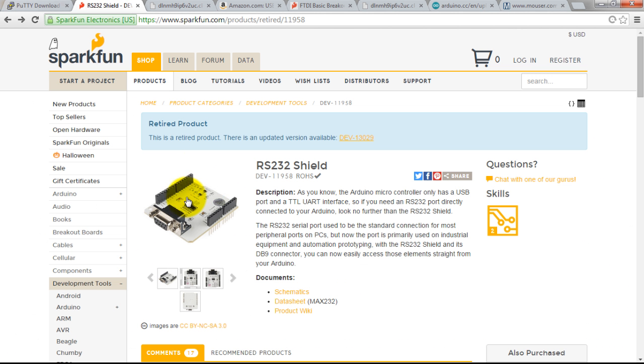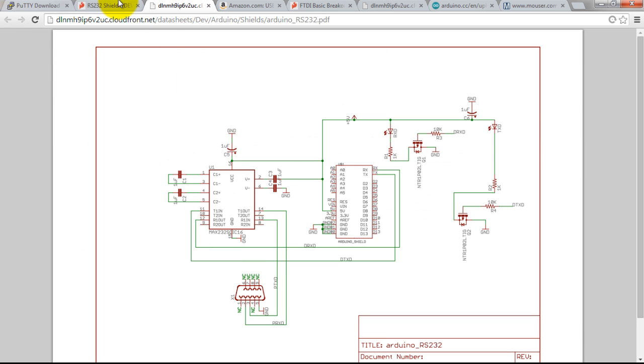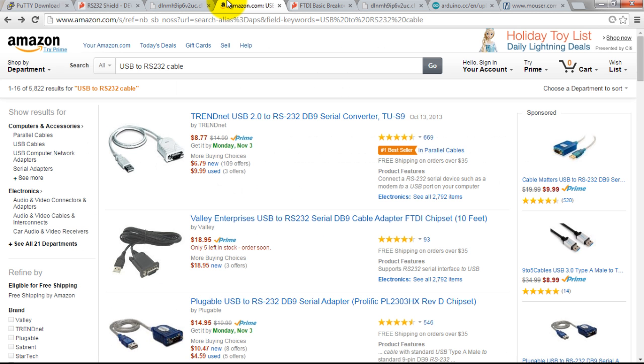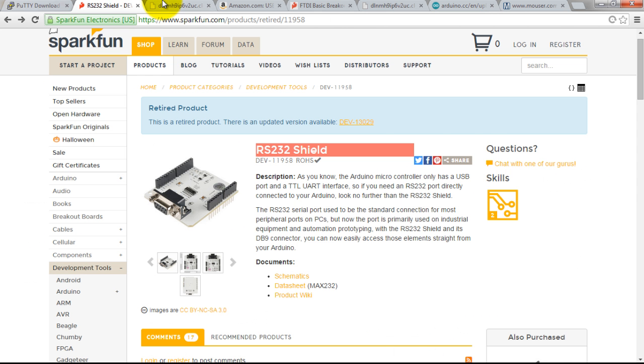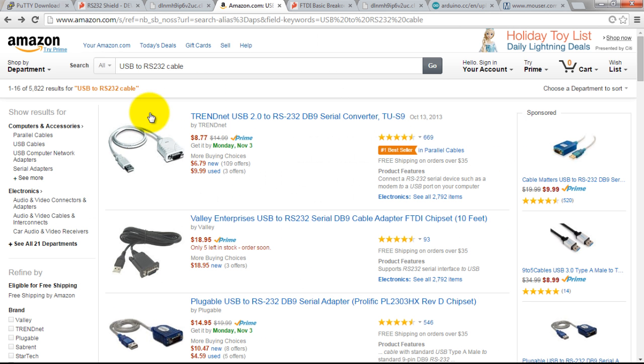You could, for example, build an RS-232 shield like the one that the Arduino has. The problem with this type of shield or circuit is that notice that this port is a serial port and your computer may not have that type of port, so you would need some type of converter like the RS-232 to USB converter. So if you use this type of circuit, you're gonna need this type of cable, but there's actually a better